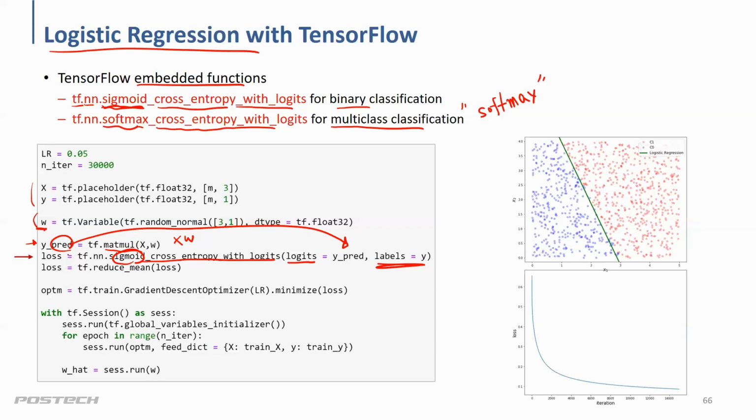This is a column vector, and I'm going to use tf.reduce_mean to get the scalar value, the same as the previous one. And you will get the same omegas. For multi-class classification problems, the only thing is that instead of sigmoid here, you use softmax. That's it. Okay, let me